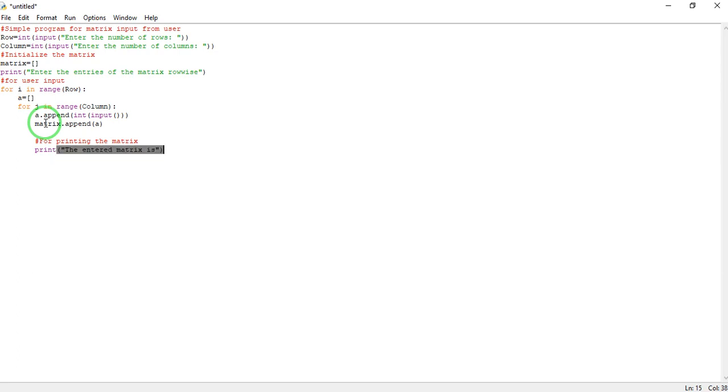So the entered matrix is, and for that again we will use the loops. For i in range of row, then for j in range of column. You have to print that.